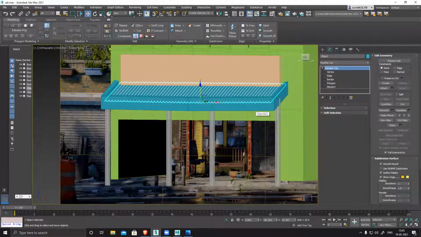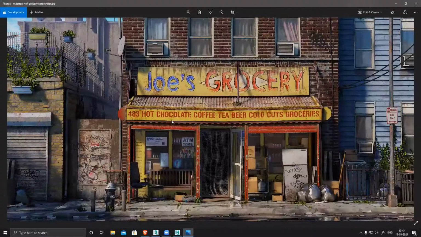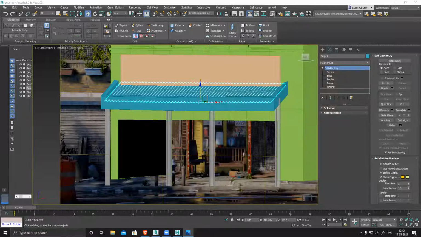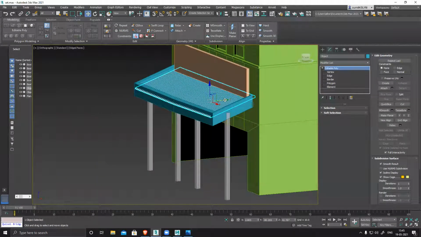So if you see here, I can see this shape. It's more of a flat plane with that curvy shape. So to create that, I can use this same thing. Let's see if I duplicate this, that will be easy for me.